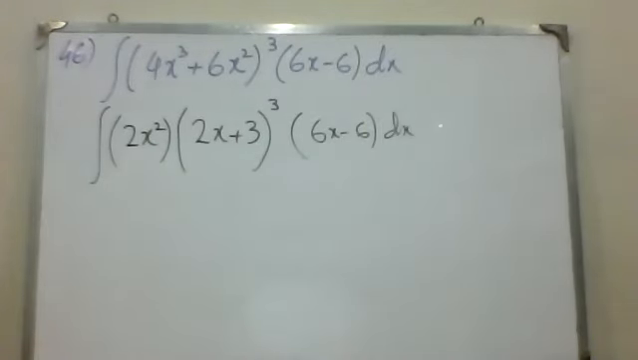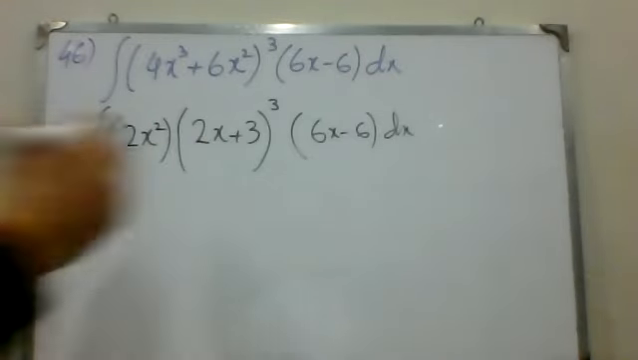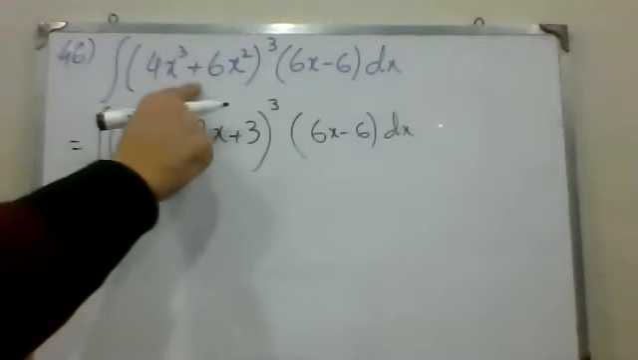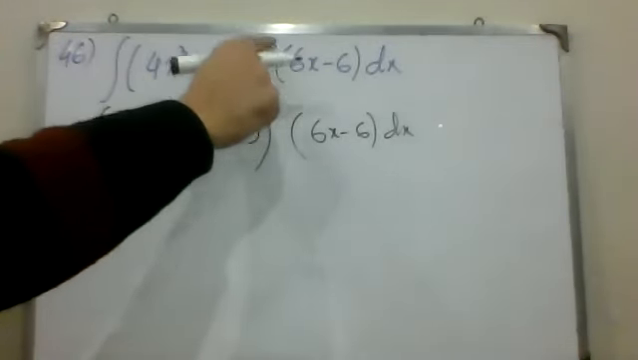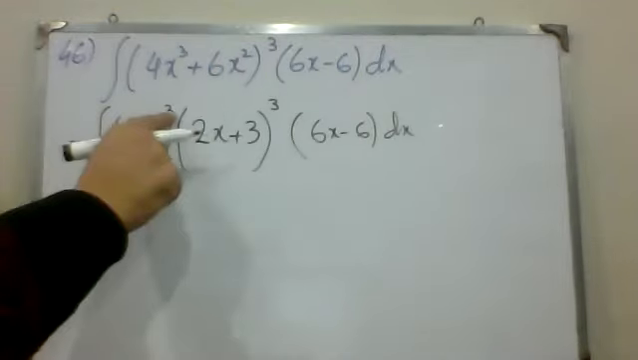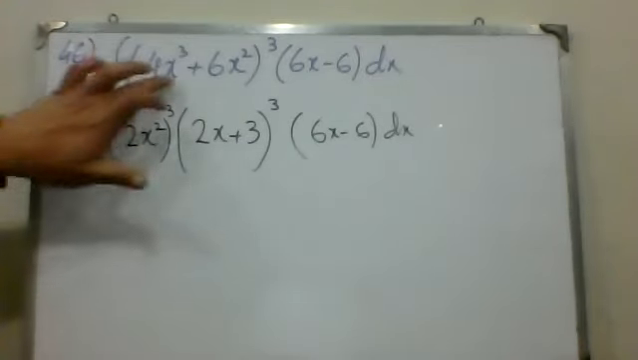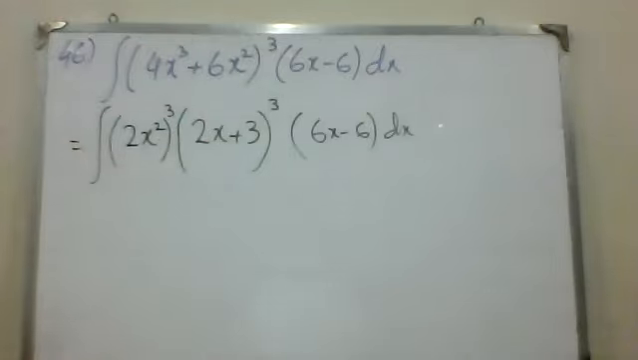Okay, sir, yes, there will be a cube on 2x square as well. Very good. So we take the cube here. If we take common from a term that has a whole power, then the power will also come on the term which we take common, because the power is over the whole. Okay, so if you want to take the common,